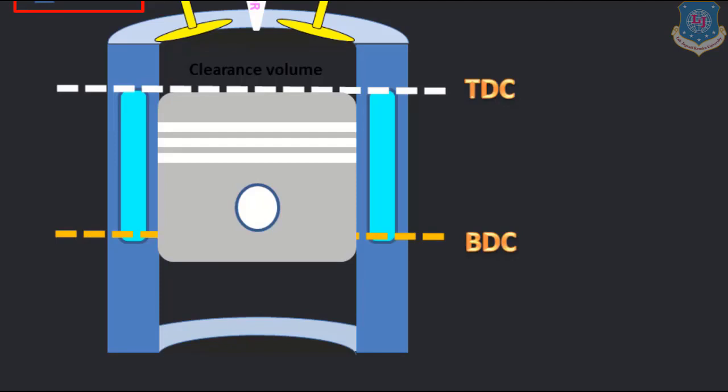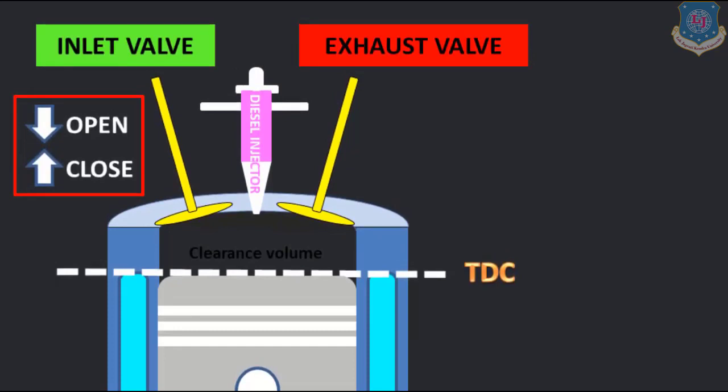Next, why are we taking this engine as a reference? Because we are drawing a valve timing diagram for a diesel engine. So we will take all the possible points from this engine and thereafter we will draw. If you know how to draw the petrol engine valve timing diagram, then it is easier for you to draw the diesel timing diagram, because both of them are the same. The only difference is that in a petrol engine there is a spark plug, in a diesel engine there is a fuel injector. Fine. So first you have to replace that spark point in the valve timing diagram by this fuel injector.